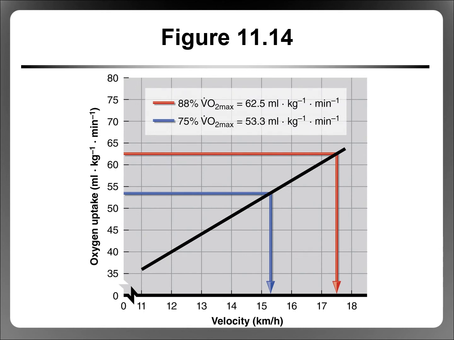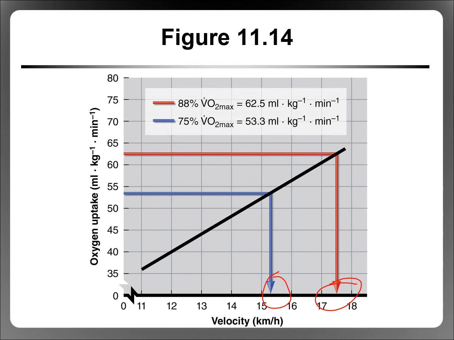All right. So looking at this example here, we have oxygen uptake, VO2, on the left and the absolute velocity on the bottom. So if we look at this line right here, this is a performance line. So at about 75% of VO2, that is going to be 53.3 mLs per kg per minute. This puts that individual at, we'll call it, 15.5 kilometers per hour. If we can push them to 88%, or 62.5, this puts them at around 17.5